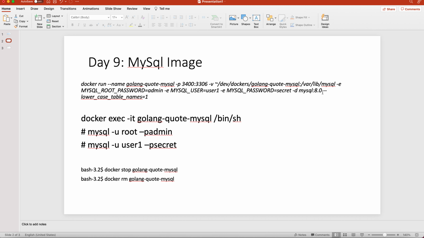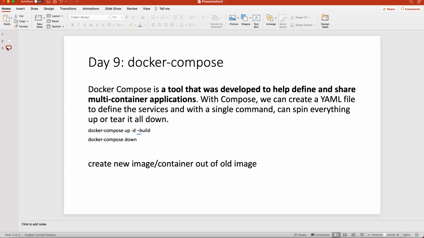So all the information, what we say, okay, I need a MySQL container, and I also want to create some table, that information I want to add to my new image. So for that, I have given this line, create new image container out of old image. We'll see that also. So let's start